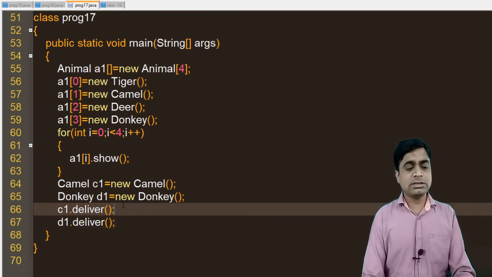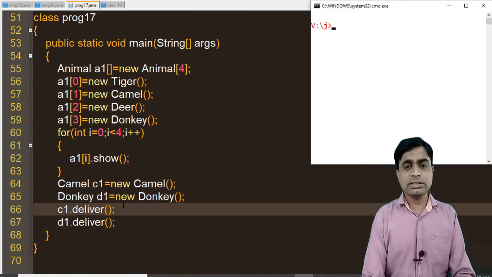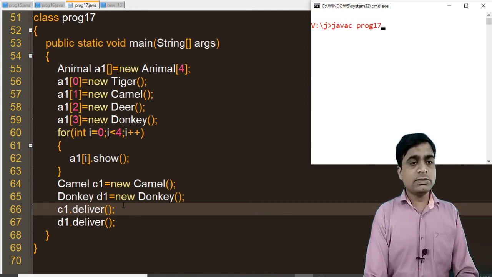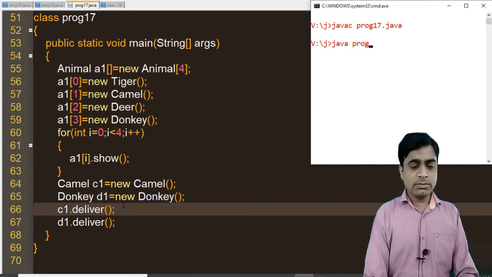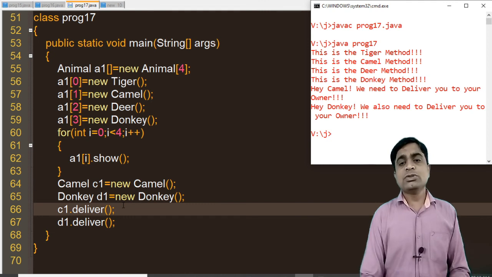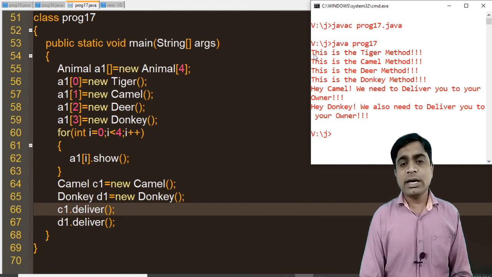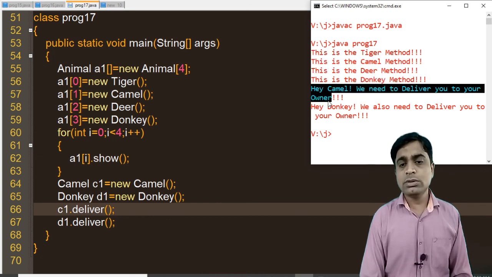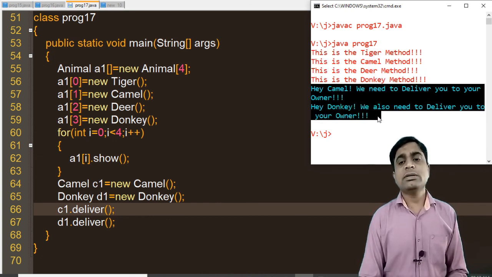Now let's run this particular program so you can easily understand. First of all, these four are the messages for the show methods, and these two are for the delivery method.